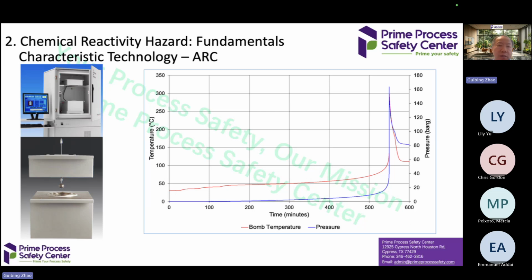But I should mention that since this test cell is a high pressure cell, its mass is big. So for this test, the phi-factor is high. We're going to talk later about what the phi-factor is and how it impacts the chemical reaction hazard identification.